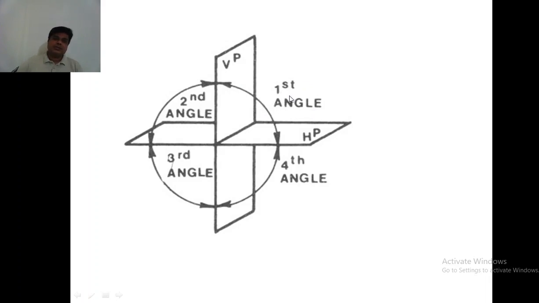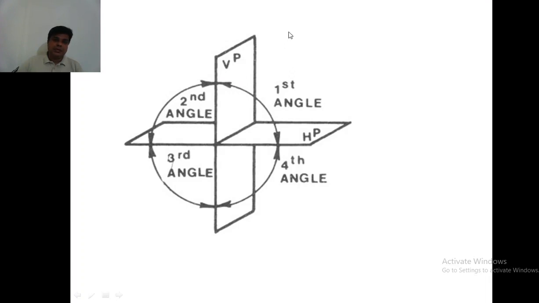First angle projection means you are keeping the object in the first box, anywhere in the box, and you are observing it from some angle. Suppose imagine a point here and you are observing from here, the shadow will be projected, it will fall on the vertical plane.